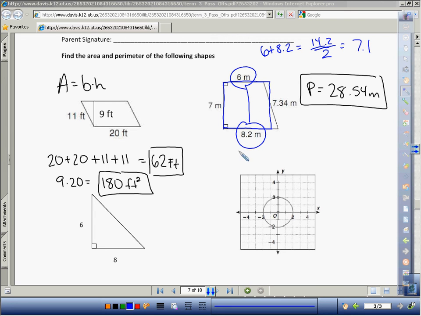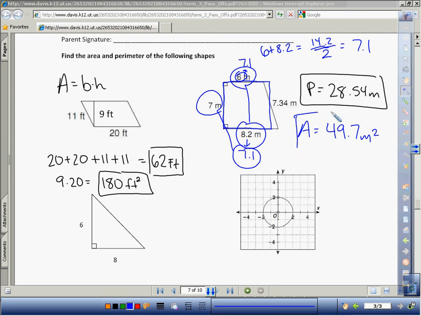And so what I'm saying is, in this rectangle that I just made, the bottom here is 7.1 and the top is 7.1. And what I did was make the 6 a little longer and the 8 a little shorter, and then we no longer have that slanty side. And so when we have a rectangle, all we do is just take our base times our height, and then we're good to go. So I have 7.1 times 7, which gives me